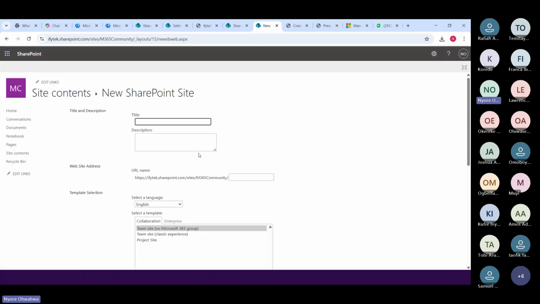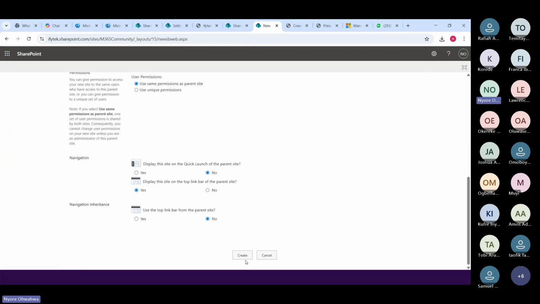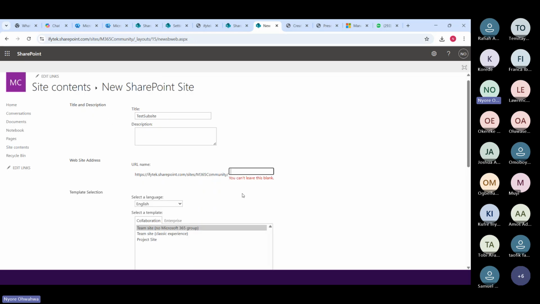The sub-site is basically a site inside a site. This is the child site to the site that we have created. And then you can also manage all of this from the main site that you have created.